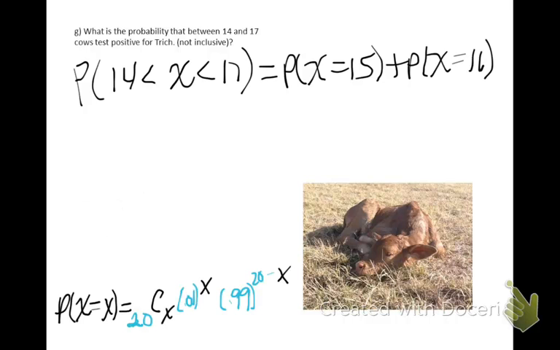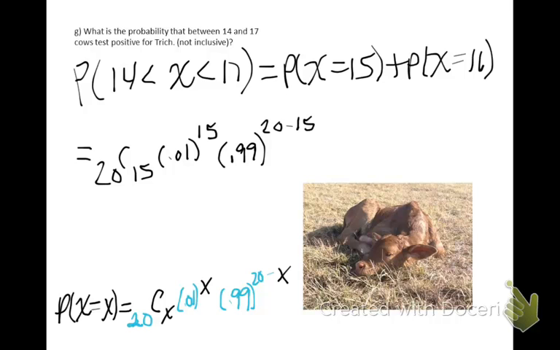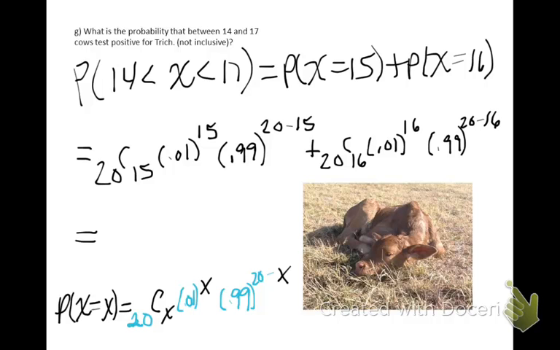I've copied our formula to calculate probabilities from the other page. Let's plug in the 15 and the 16 for x. This is 20 choose 15 times 0.01 to the 15 power times 0.99 to the 20 minus 15 power. The probability that x equals 16 would be 20 choose 16, 0.01 to the 16 power times 0.99 to the 20 minus 16 power. You should type this entire string into your calculator. When you do this, you'll get back